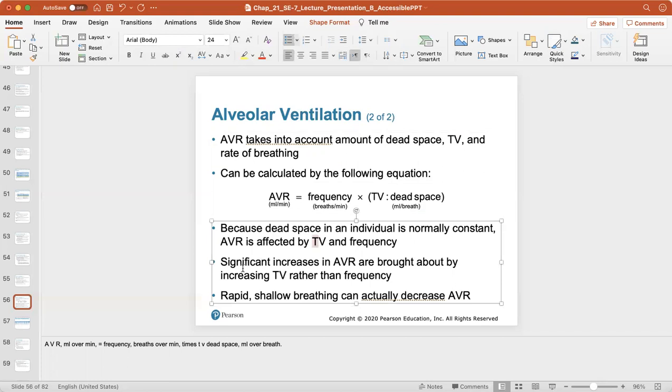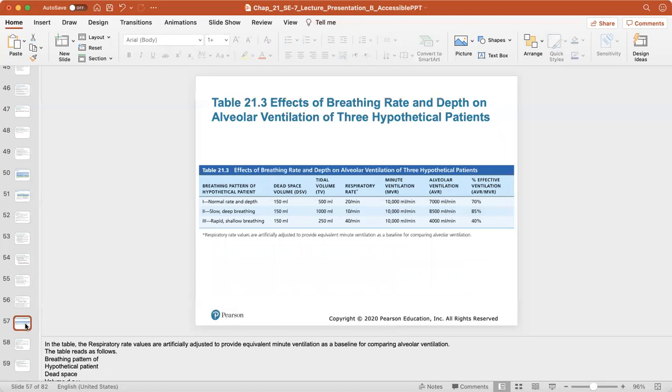frequency. So significant increases in alveolar ventilation are brought about by increasing your tidal volume rather than frequency. So rapid, shallow breathing can actually decrease the alveolar ventilation. So this is just a good review chart on the effects of breathing rate and depth on alveolar ventilation of